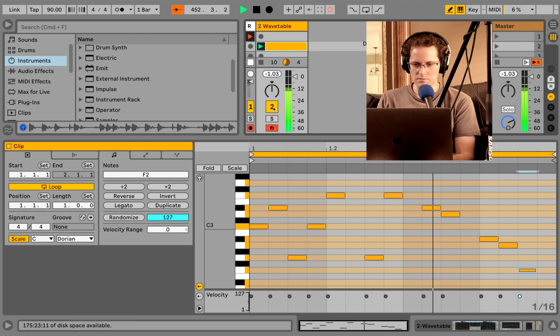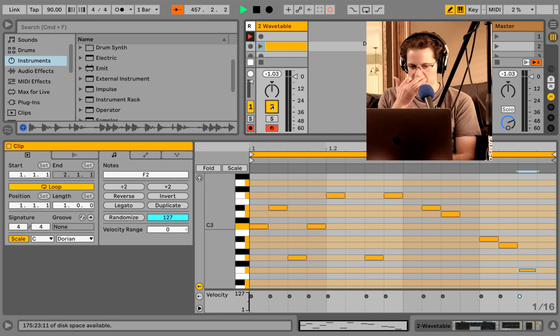By the way, if you didn't know, touching this button would mute it. Now you know. So yeah, the scale mode, very, very important. I'm just going to click stop because it's giving someone anxiety here. Maybe that's just me. So here's the thing I wanted to really show you.